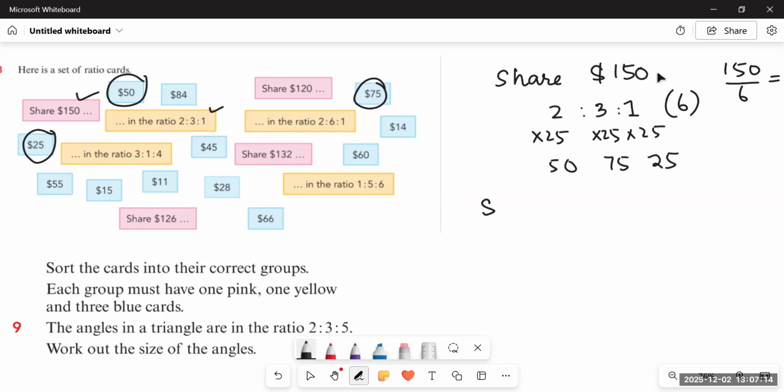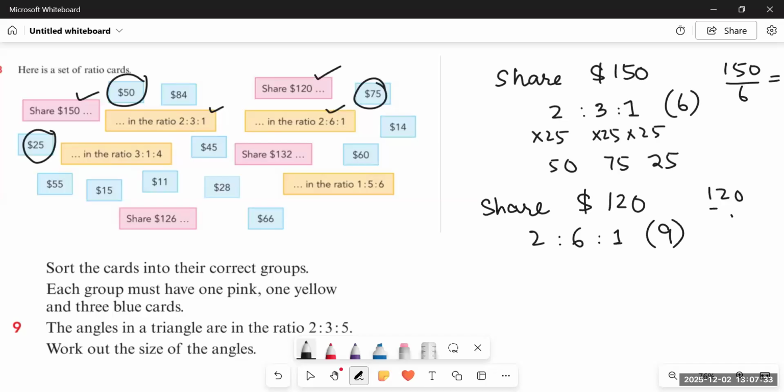Now let's take another pink card, that is share $120. This one. And now we will share it in the ratio 2:6:1. So 2 plus 6, 8, 8 plus 1 is 9. We will first divide 120 by 9. So when we divide 120 by 9, we will get 13.3. So let's not share it in this ratio. Let's share it in some other ratio, that is